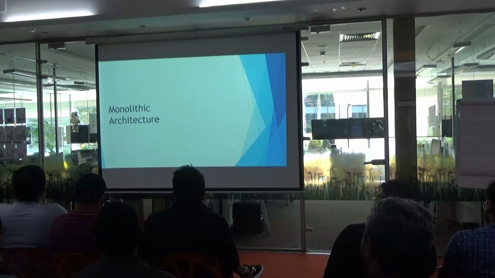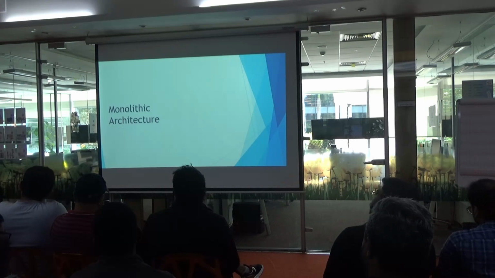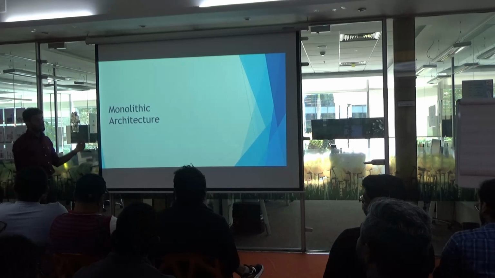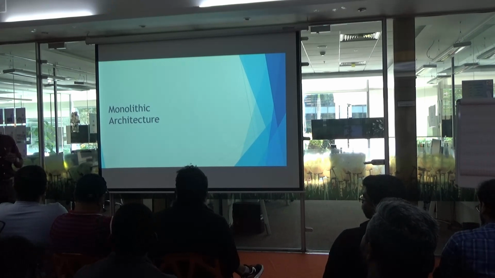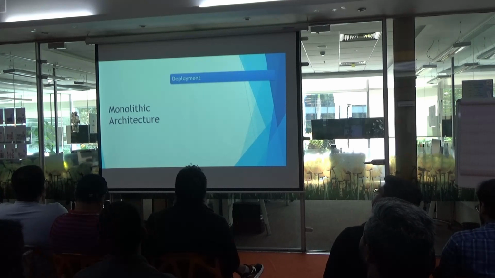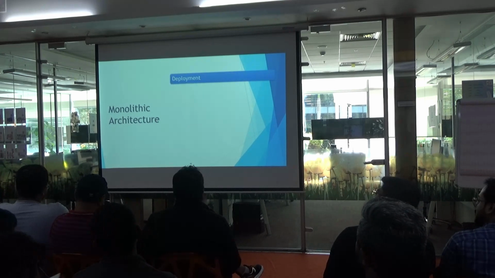So now I'm moving to the next part, which is service-oriented architecture. I talk about the monolithic architecture. Before service-oriented architecture, it was monolithic architecture. So the problems of monolithic architecture that you all see: deployment problem, because you cannot take no time to market